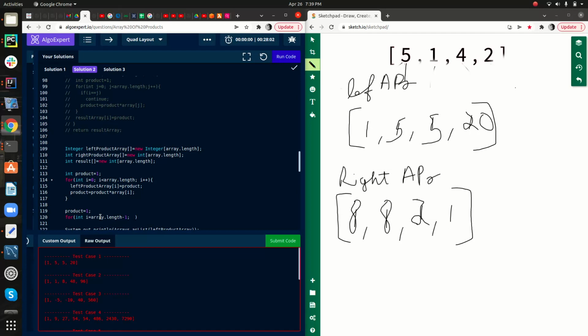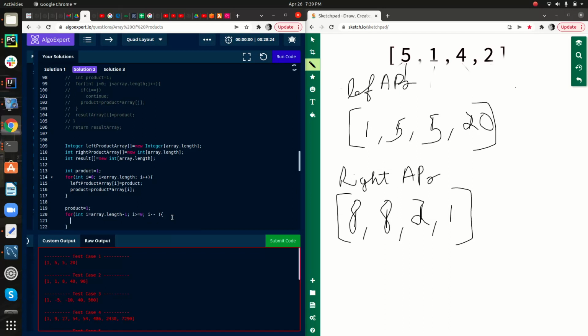Just array.length. We are starting from the last one, right? So i must be greater than or equal to 0, and i minus minus. So from the last we are going to be decreasing. So same thing: if we are on the rightmost element, we should just add 1. So rightProductArray of i is equal to product, next product is equal to